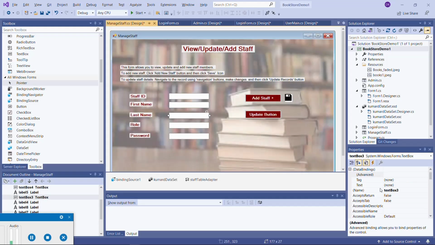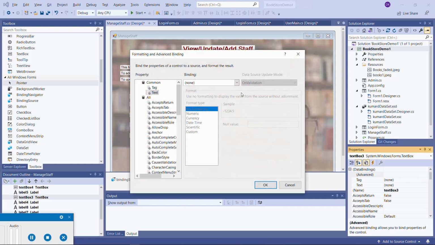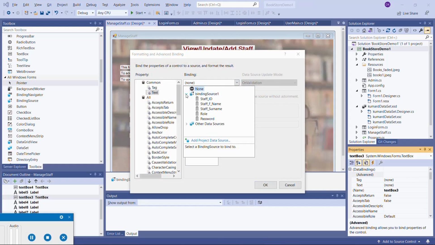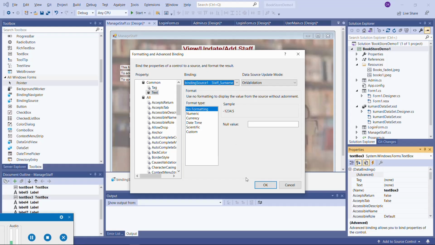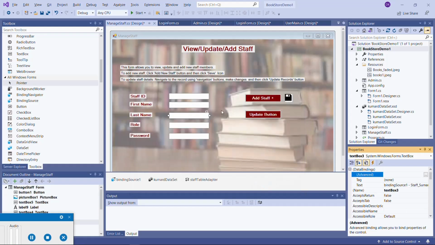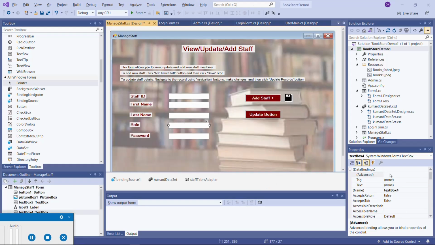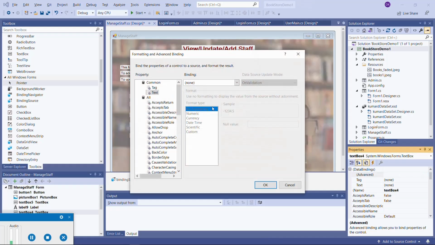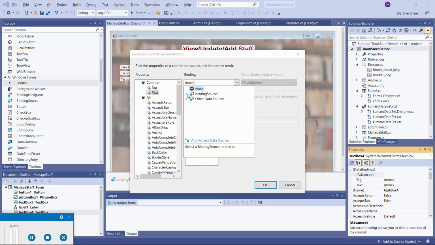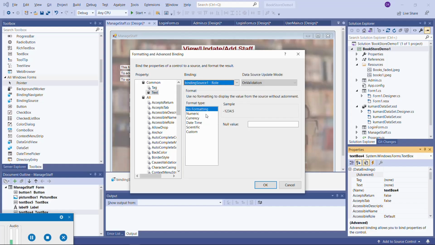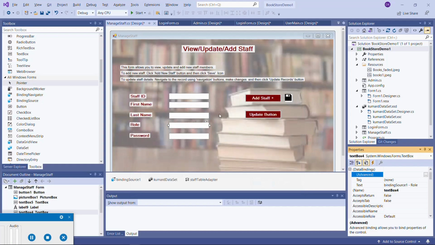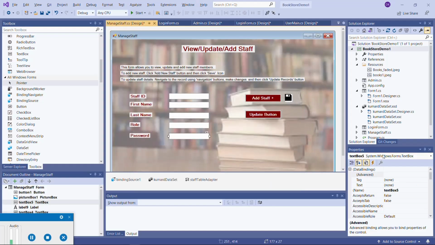Next one we are binding to staff surname. And the next one we will be binding to role. And the next one we will be binding to the